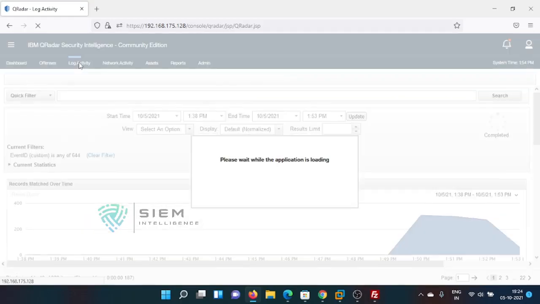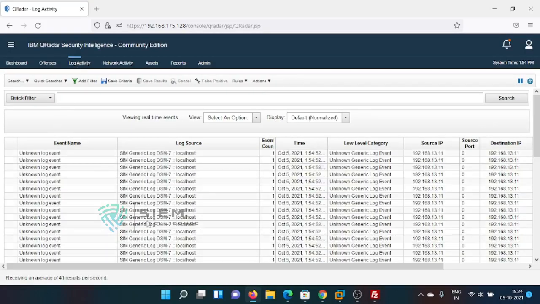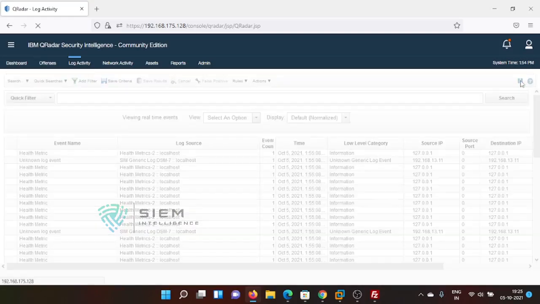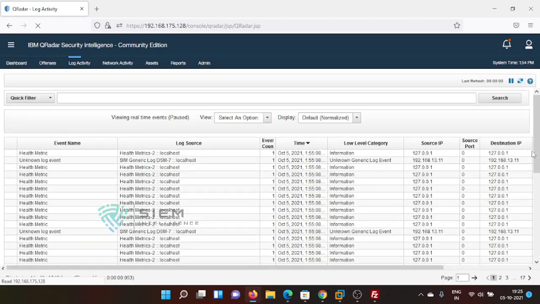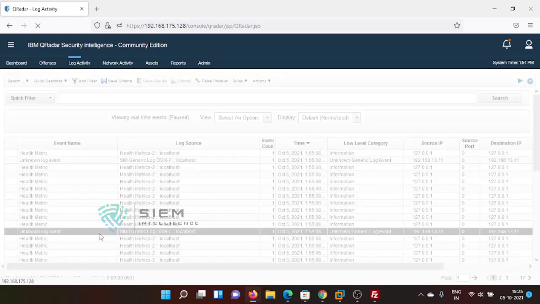So like this you can first get the entire logs. Now after some events, it starts getting some SIM generic logs with respect to this IP. It doesn't have any logs that the DSM is able to understand. So we'll see what the basic log is. We go and check the basic log.